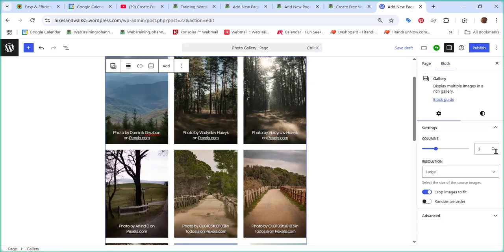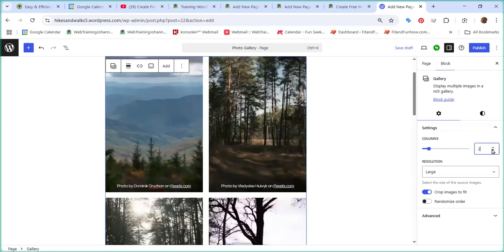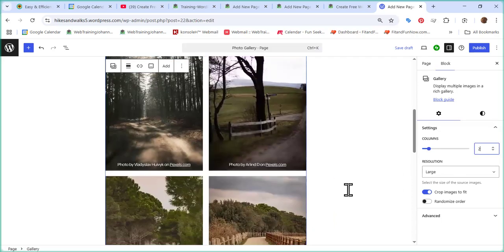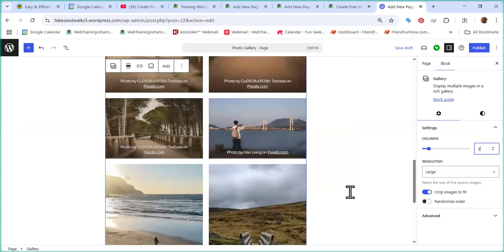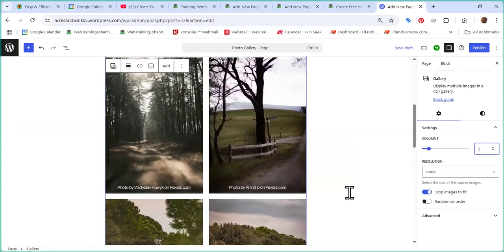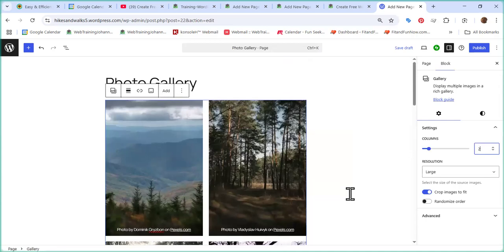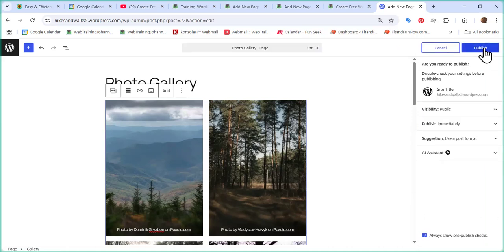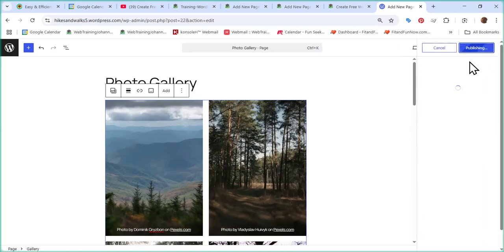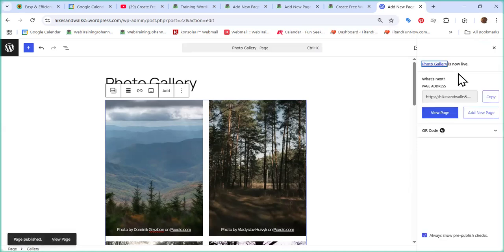What about if I just wanted 2 columns? So now we have only 2 columns. I could also have 1 column or 4 columns. It is entirely up to you. Great, I'm not going to do anything more on the photo gallery. I am going to publish this page and publish again. Great, so let's go back to view pages